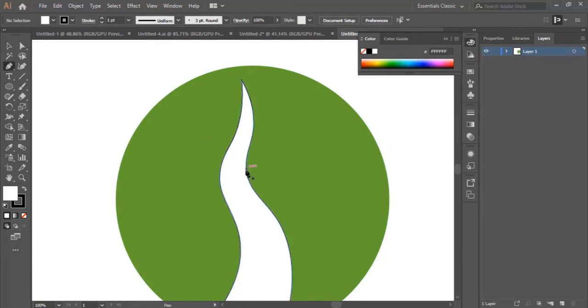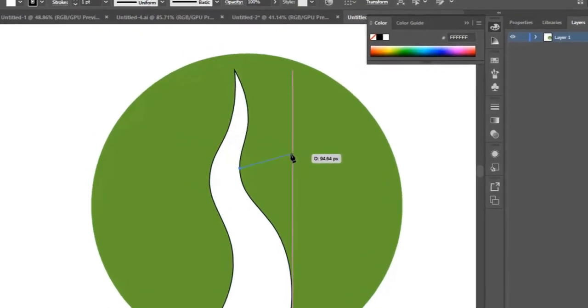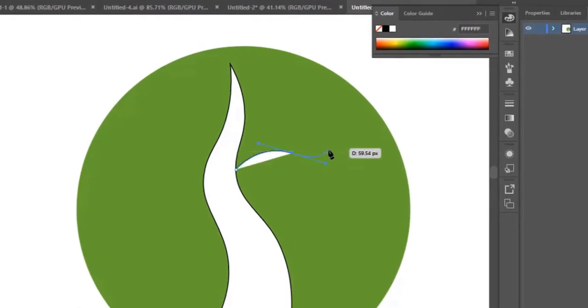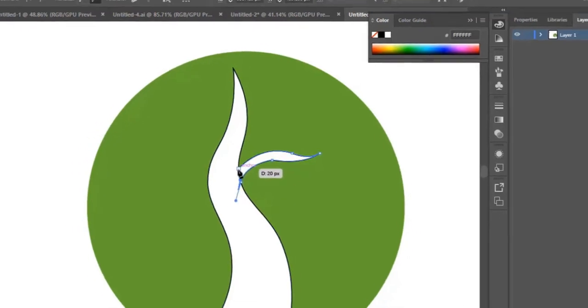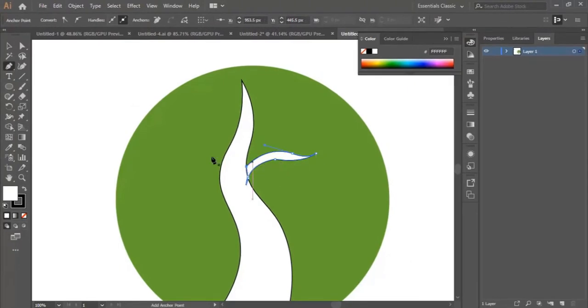Now I select the pen tool and I place the first dot right here. Another one in here. I click and drag like this. I go back to this dot. I select it. I place the next one here. I click and drag. Then I go back to this one again. I click and drag like this. Then I select the last dot like this. I click and drag. Then I connect the last one with the first one like this to make the tree